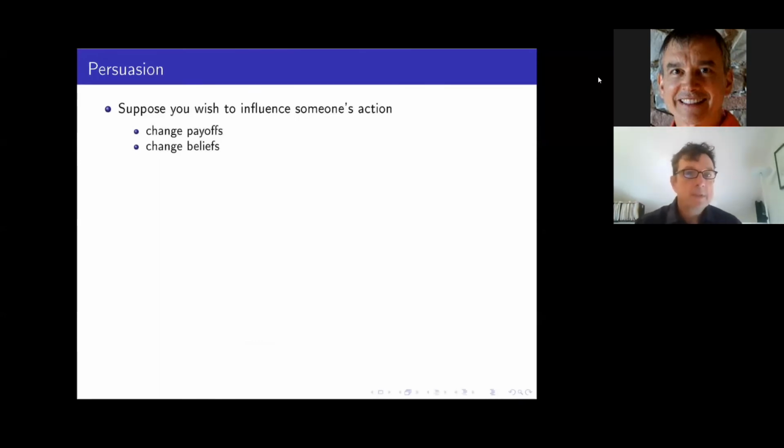So if we start from a very basic point of view and ask ourselves, well, suppose I wish to influence somebody's action, then essentially within our economic models that can happen through two channels. We can either change the payoffs. Okay, that's what we saw in the earlier lectures in mechanism design, or we can change the beliefs of the agent, and that's what we saw indicated today in price discrimination. I'm going to see now in much more pure and therefore sharper form. Okay.